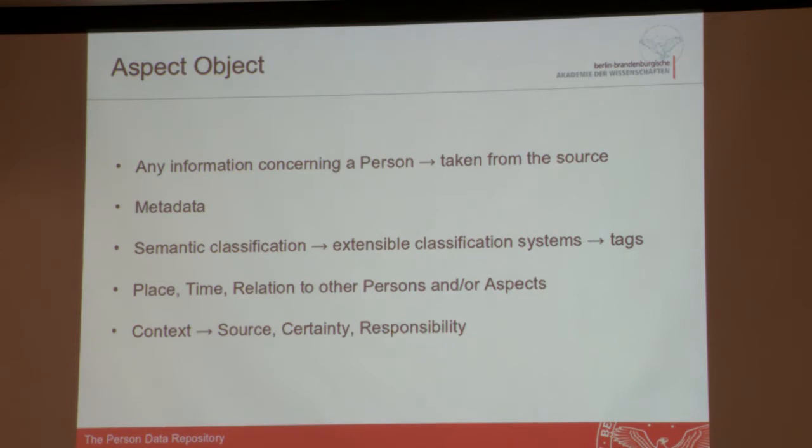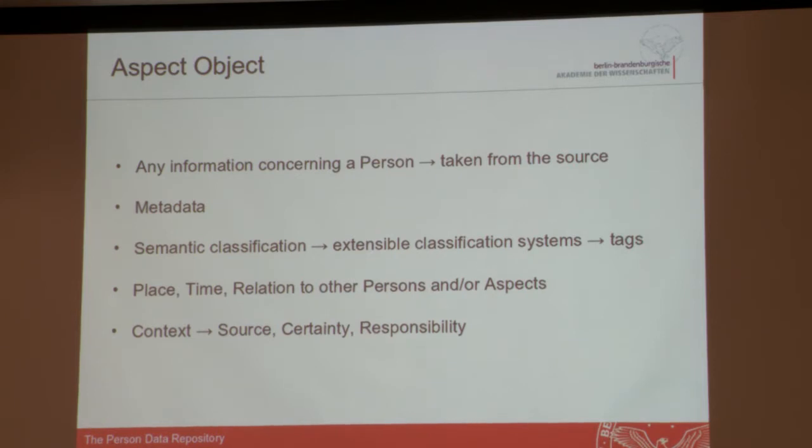We're using tags for this. So we can say, for example, we have the information for a person, and this person is a philosopher. So we want to tag this as occupation and hobby, and then leave the decision and the interpretation of whether being a philosopher is an occupation or a hobby to the scholar.